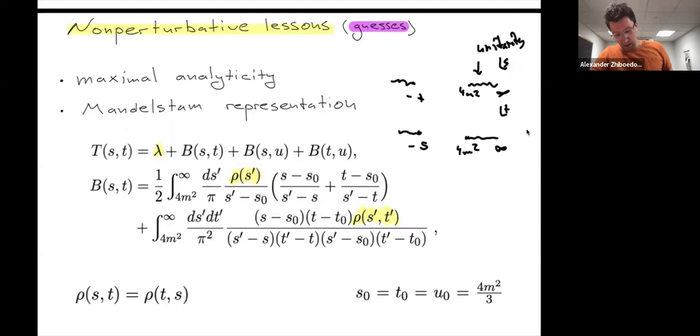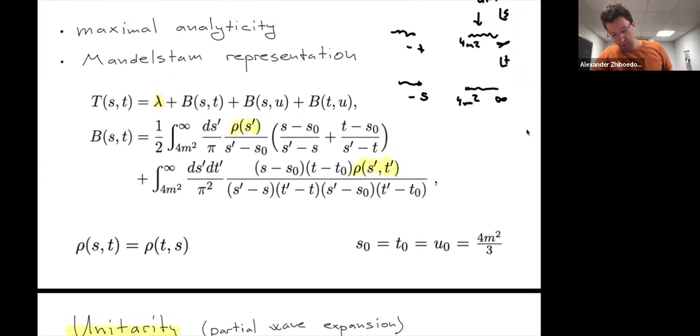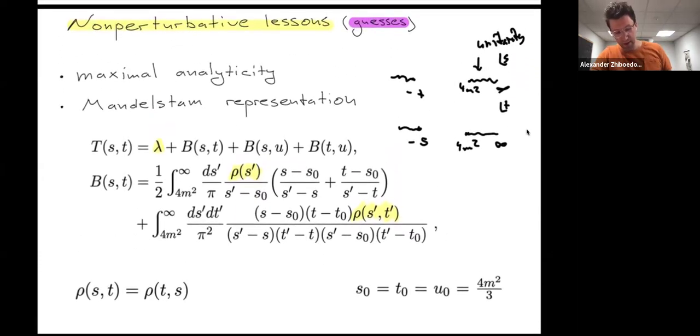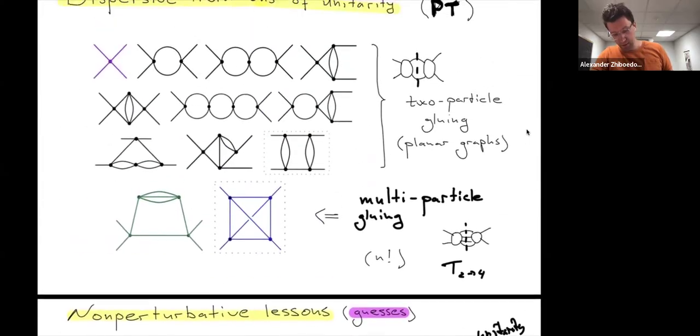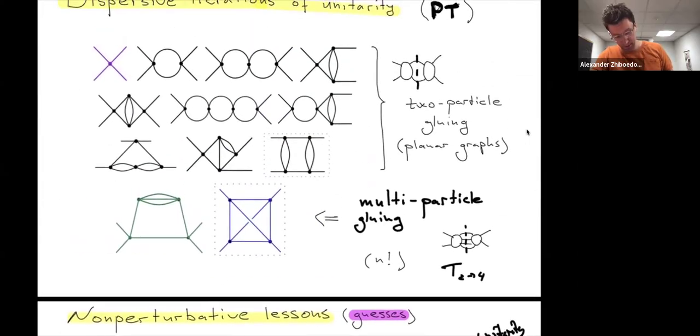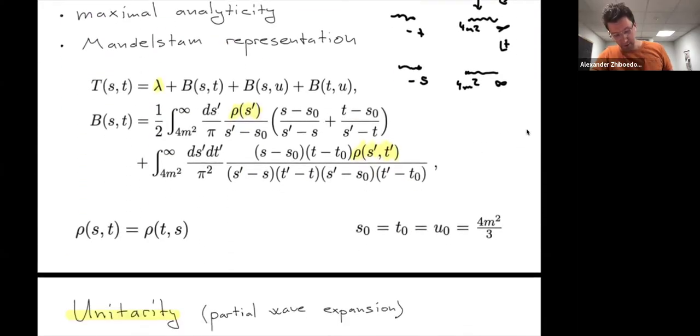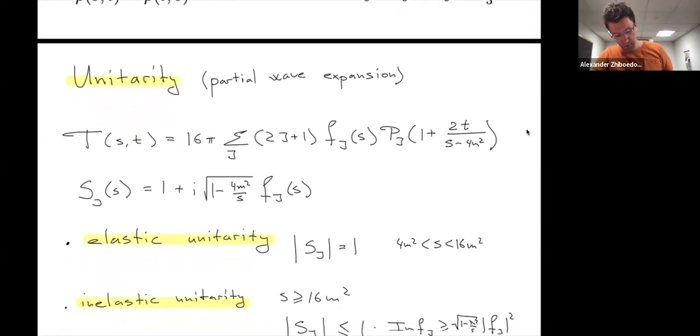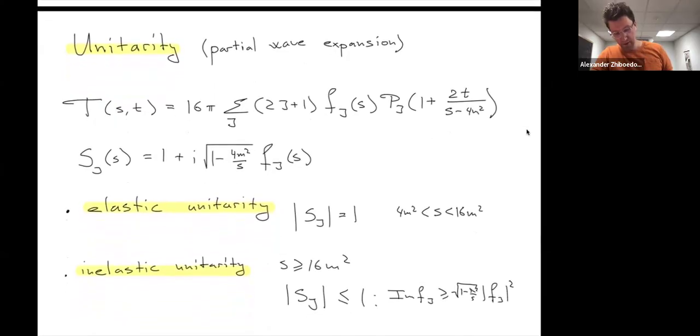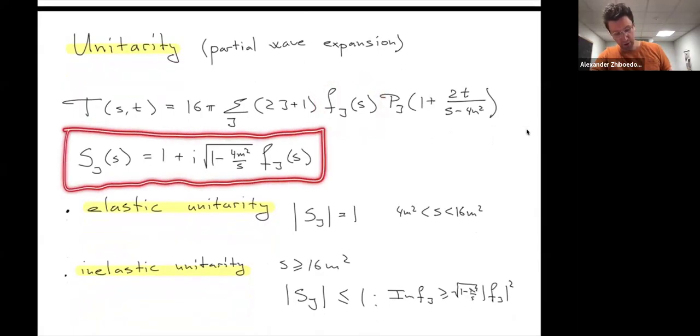Now, when I talk about unitarity, this is one picture of how you can think about it with diagrams, but it's also useful to decompose in what's called partial waves. So this is simply, the problem is invariant under rotation, so it's useful to decompose on this basis. And then unitarity is a statement that when you scatter in this J partial wave, the probability to scatter is less